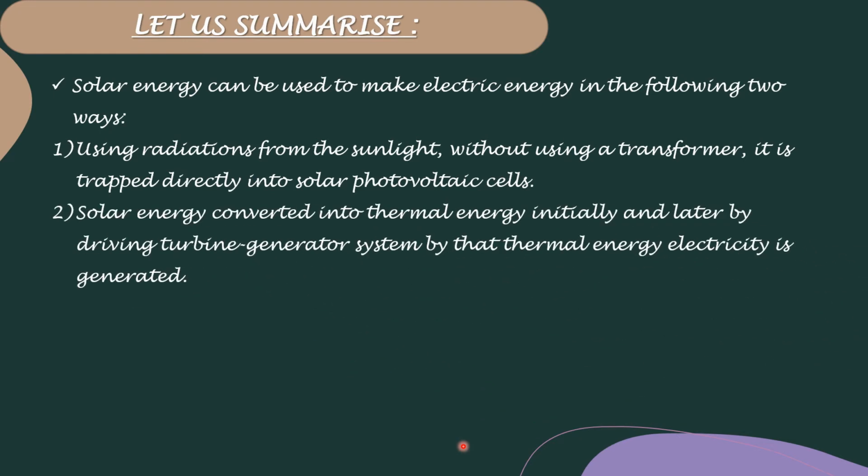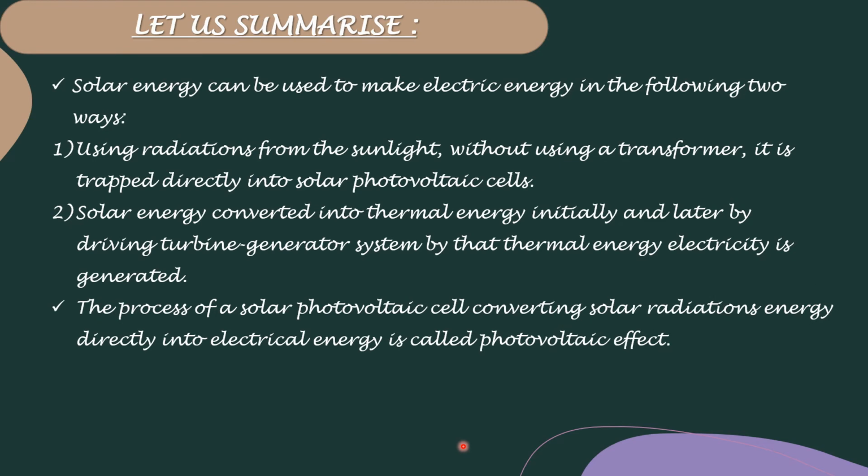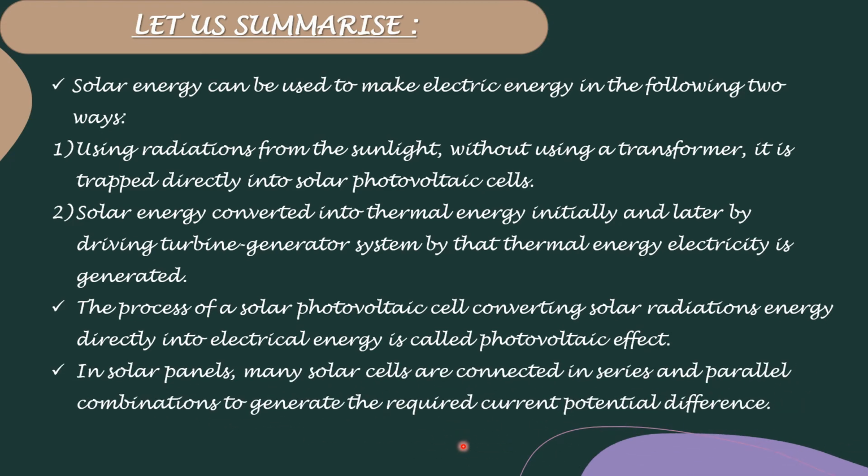Then solar energy is converted into thermal energy initially, and later by driving a turbine generator system, by that thermal energy, electricity is generated. The process of a solar photovoltaic cell converting solar radiation energy directly into electrical energy is called the photovoltaic effect. And in solar panels, many solar cells are connected in series and parallel combinations to generate the required current